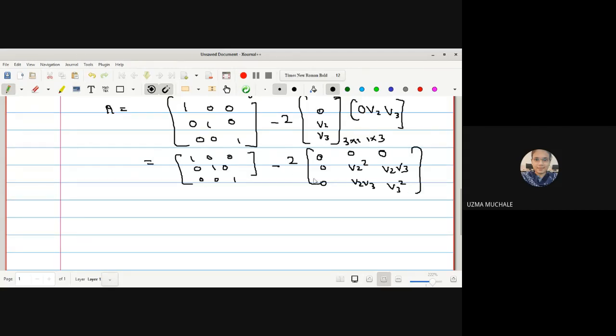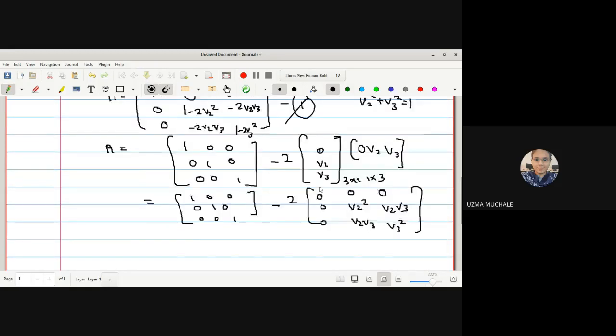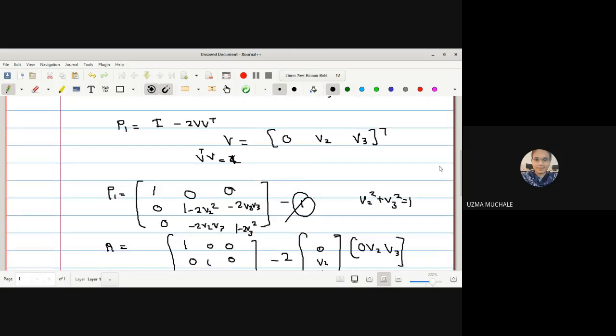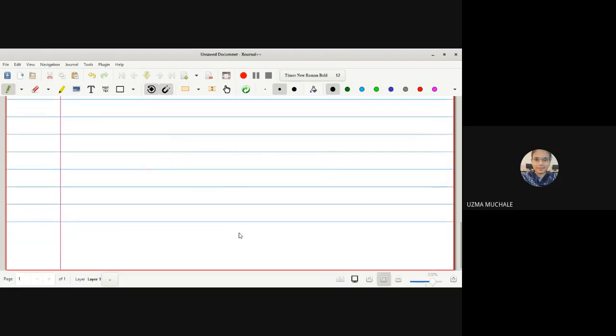Simply minus 2 multiply, and after doing these calculations you will get this matrix. Which one? P1 is equal to this matrix you will get: 1 0 0, 0 1 minus 2 V2 square, minus 2 V2 V3, 0, minus 2 V2 V3, 1 minus 2 V3 square. Okay, now let us find out what is P1